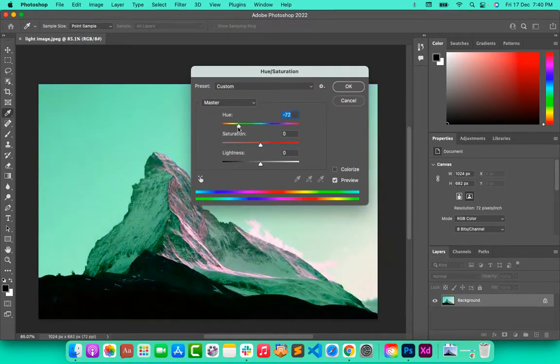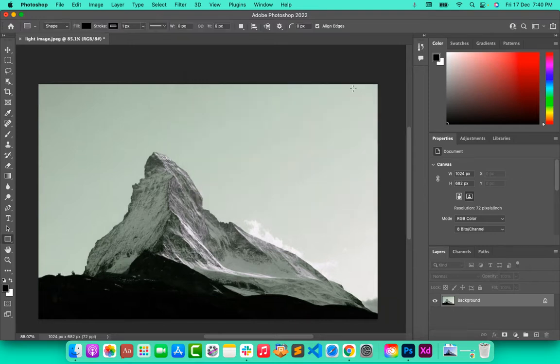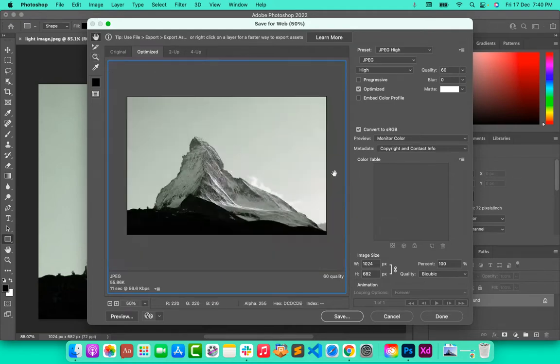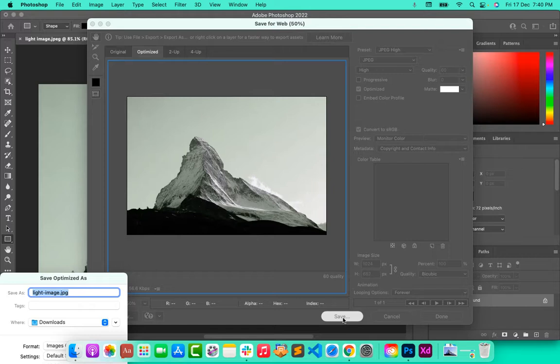Okay, for example, this one. Okay, it's okay for me. So it's for dark mode. Okay, now I save it. Looks cool. And I am at dark image.